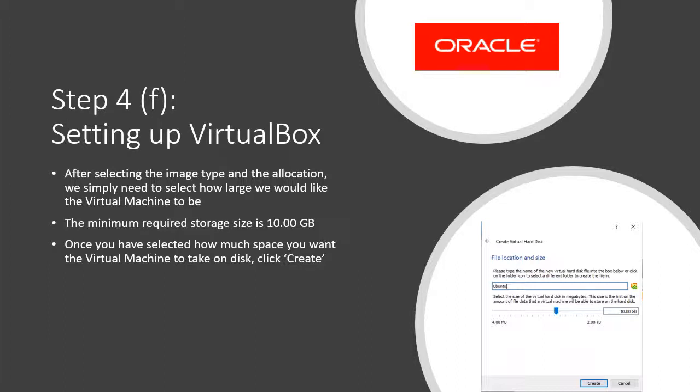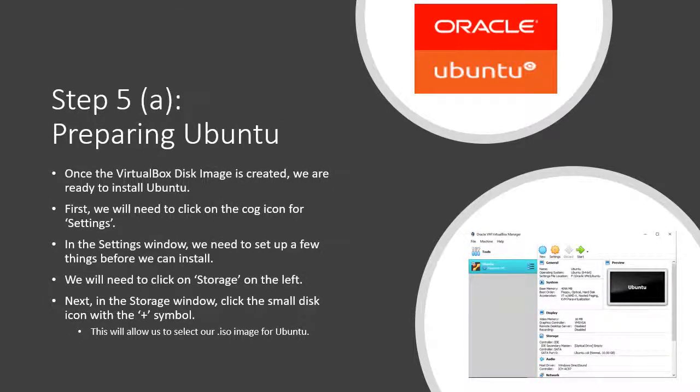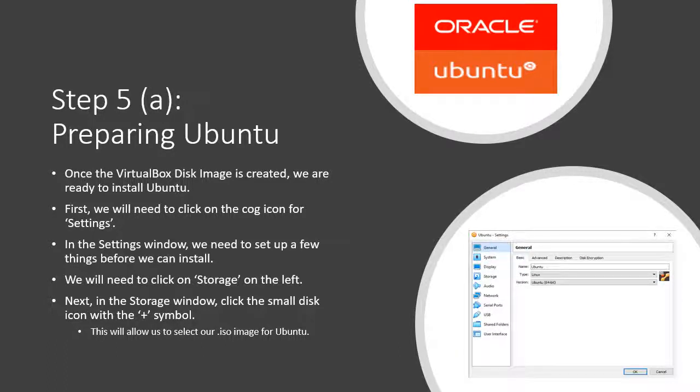Ubuntu has a minimum requirement of 10 gigabytes, so you can just go ahead and click create, or you can up the value if you have any storage space to spare. Now that we have prepared the VDI for Ubuntu, we just have to prepare some settings before we're ready to install. Once we're back at the main menu, click on the settings button or that little cog at the top,